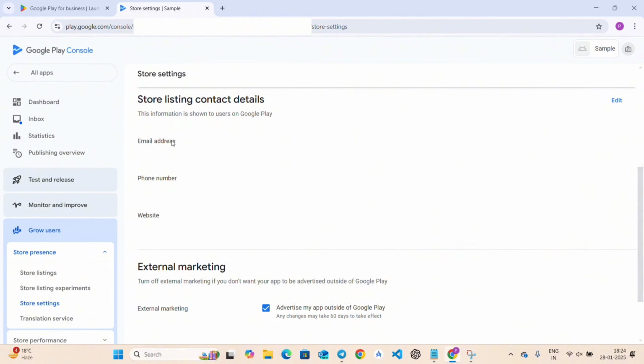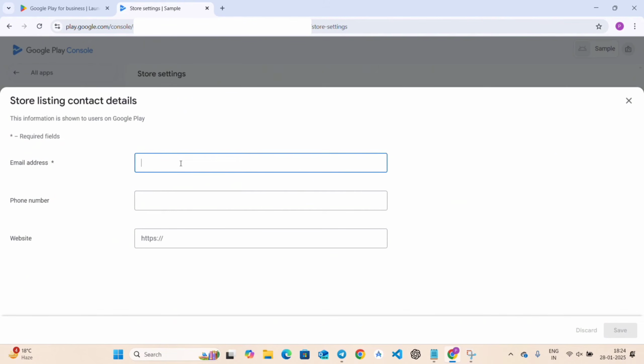Here click on the edit option. This is done so that the user can contact you. Inside this field, the email is the only mandatory field, and you can skip the phone number and website. So I will write my email. And you can give your phone number if you want. And if you have a website for your app, you can also provide it here. Then click on save